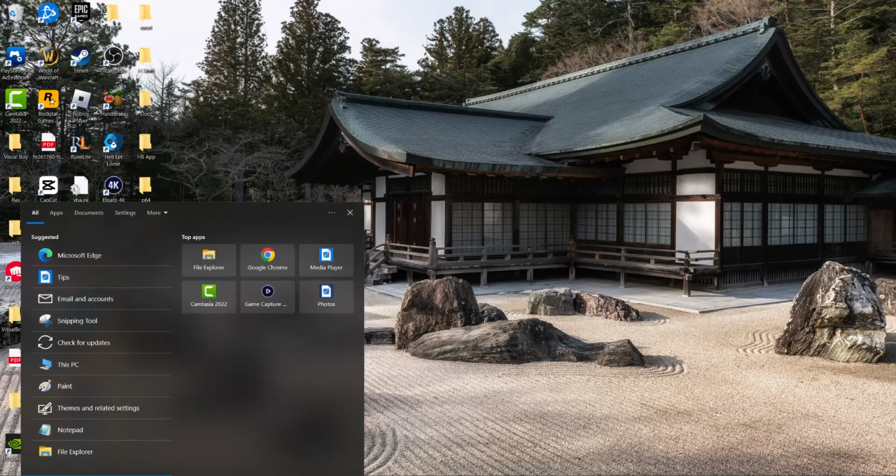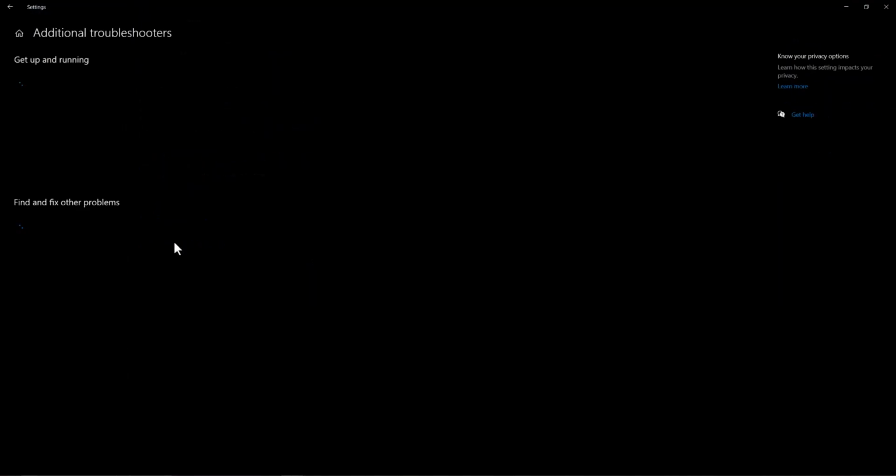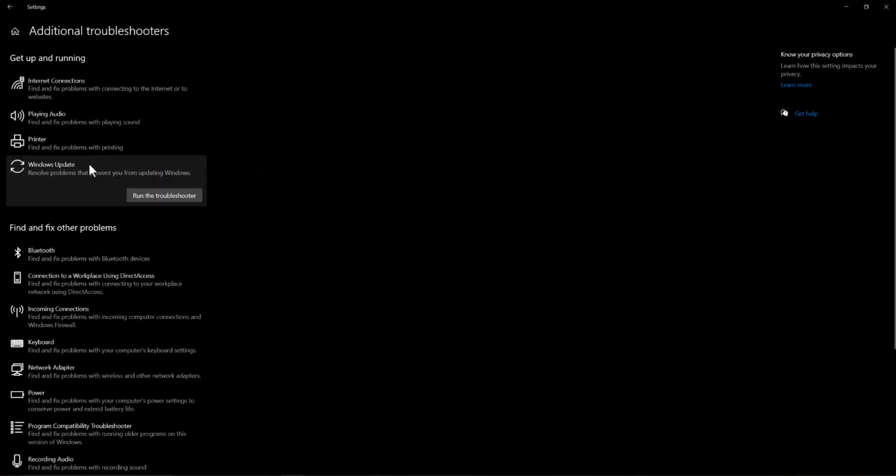easiest way to fix this is first to go to your search bar and type in troubleshoot until you see this troubleshoot settings option pop up. Click into additional troubleshooters, and in here click into Windows Update and run the troubleshooter. This is most likely going to fix any troubleshoot or update issues that you have, which basically is what this